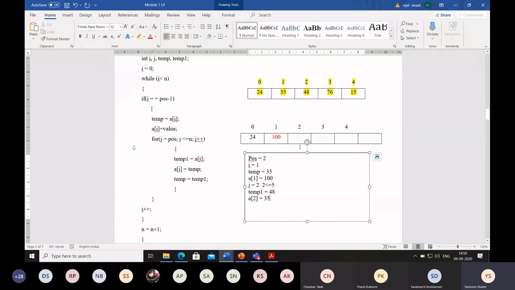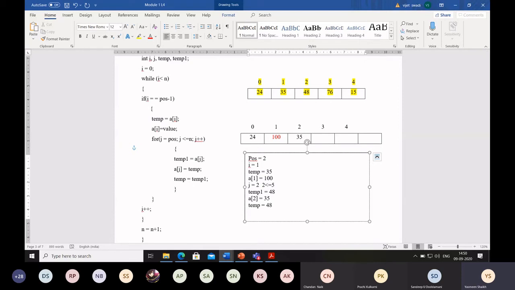So A of 2 is 35 means at this location 35 will be stored. Okay. Then this temp is equal to temp1 statement will execute. So what is temp now? Temp is equal to temp1. What is temp1? 48. So temp1 is 48. So these changes have taken place.